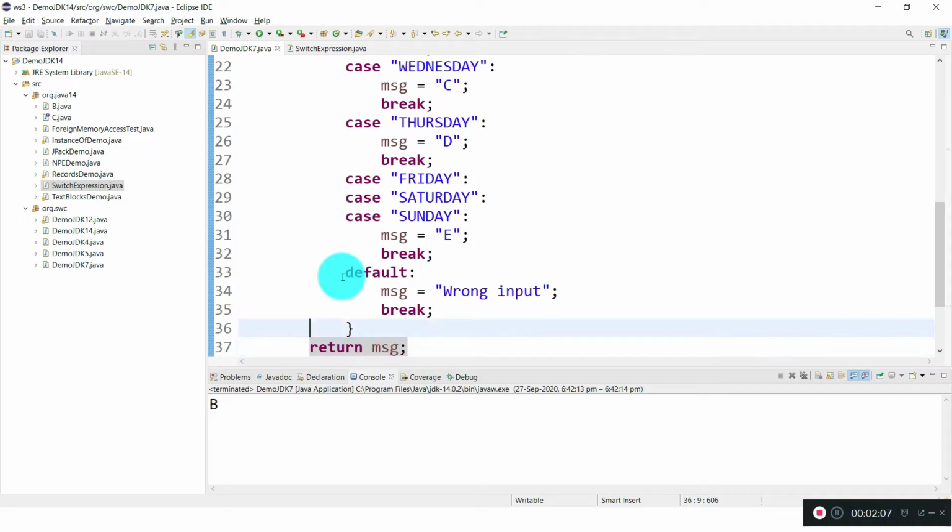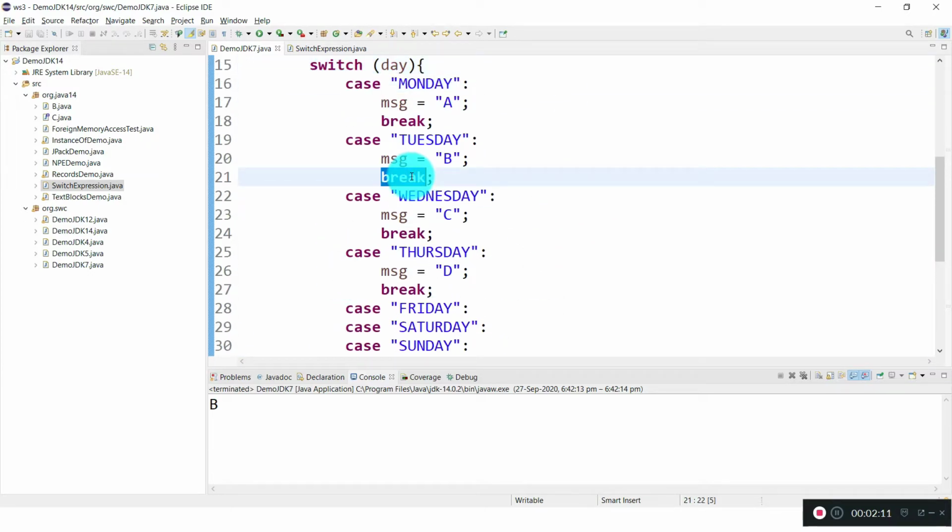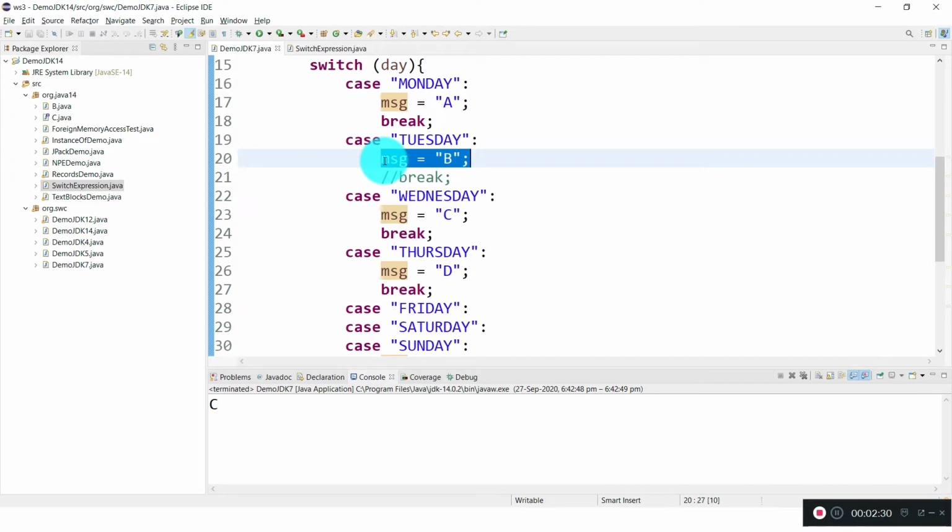This is how we write it, and let's assume we don't have the break here. Let me comment this one. Now I got C. Why did I get C? I am expecting B only for Tuesday. What happened is the control executed this case as we are passing Tuesday, and initially the value B is assigned to the message, and there is no break here, so it continued to execute the next case as well.